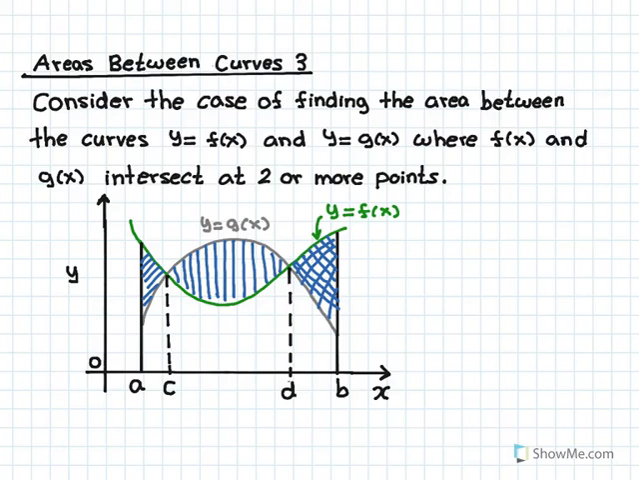In this video, we're going to look at more examples of areas between curves. Consider the case of finding the area between the curves y equals f of x and y equals g of x, where f of x and g of x intersect at two or more points. So you can see there's an intersection point here at x equals c, and there's another intersection point at x equals d. So we actually have to break it up into three separate regions, and the integral from a to